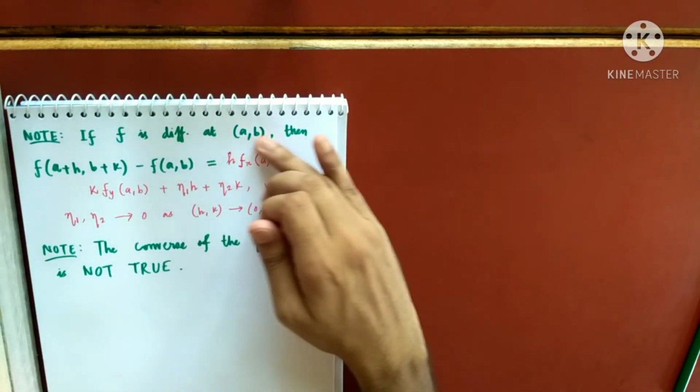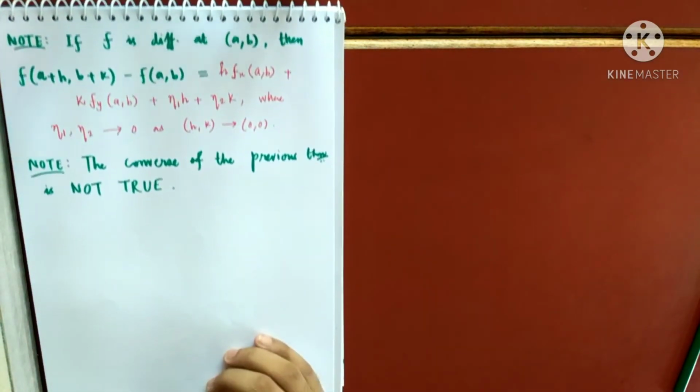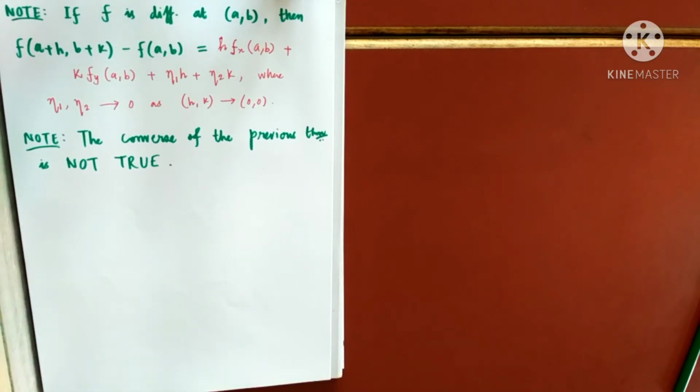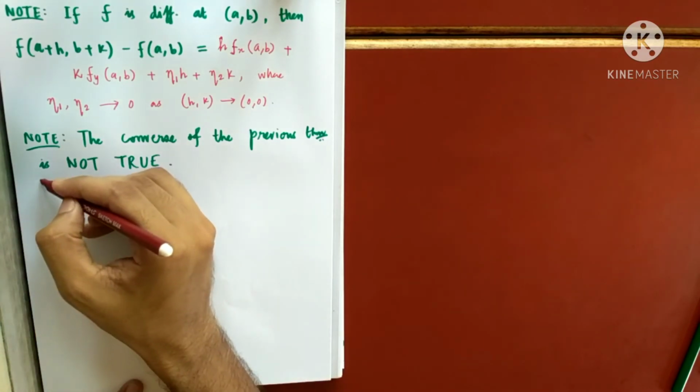No, I told you this. So my claim is, even if a function is continuous at (a, b) and both the partial derivatives exist at (a, b), still the function may not be differentiable at (a, b). But do not trust my words. I will give you a counterexample. I will show a function is continuous at some point, both the partial derivatives exist at that point, but the function will not be differentiable at that point. Let's see which example will work. So consider this function.